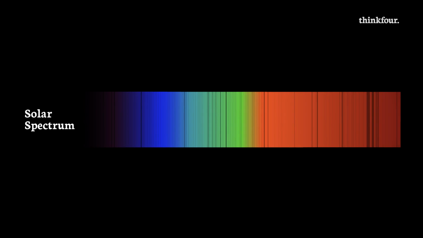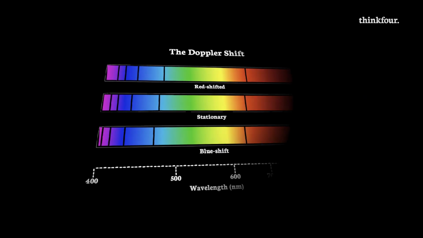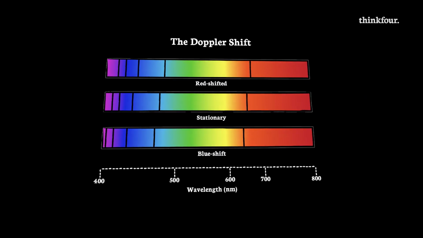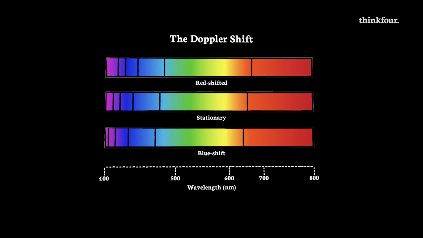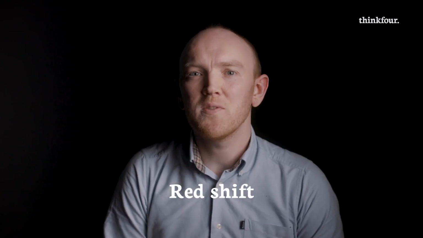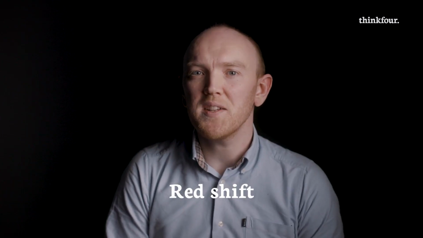However, when we observe distant stars, something always appears to be off. Even if we are confident that a star is made up of mainly hydrogen and helium, the line spectrum produced doesn't quite match up. In most cases, the wavelength of the colours we see is slightly longer than we would expect. It has moved towards the red end of the spectrum, so we describe this effect as redshift. This tells us something crucial. The object is moving away from us, or us from them.